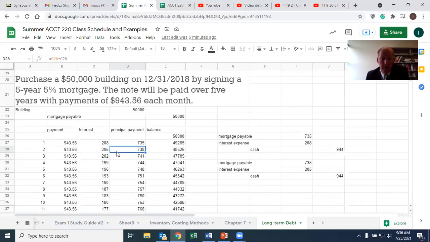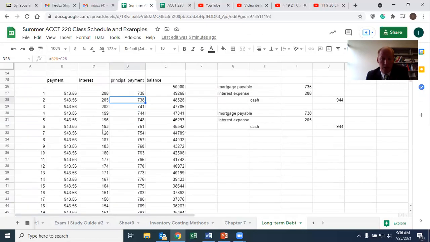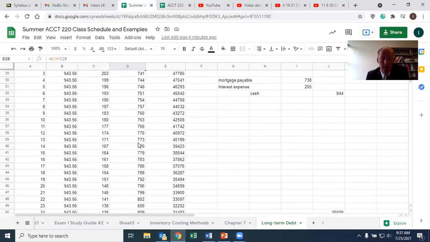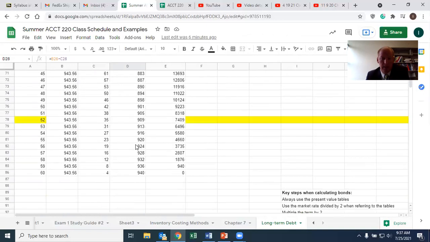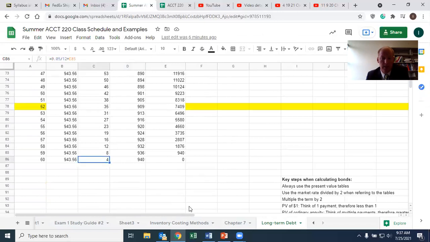And you'll see it will go down. The amount to interest will go down. The amount to principal will go up until we get to the very end, when essentially none of it is being paid to interest. Almost all of it is being paid to principal,